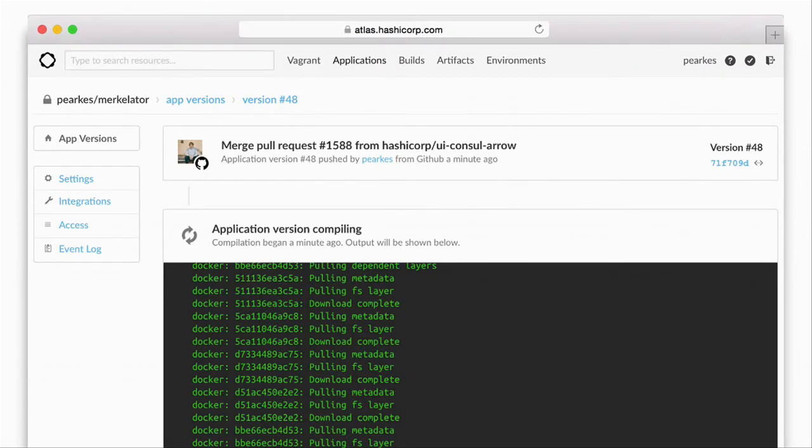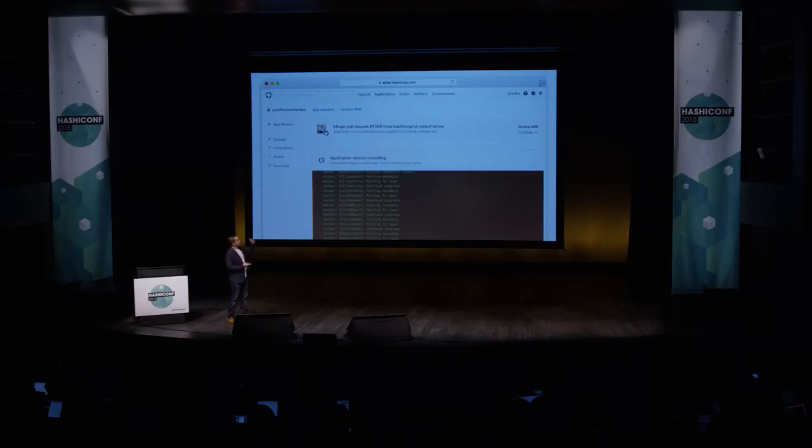Git receives the commit. We set up post-receive hooks into Atlas, and then Atlas is running Packer for us. So we're going from that Vagrant to Packer step right now. What Packer is doing here is compiling the app. And this is not building an AMI. This isn't that level of immutability. We're doing application level immutability right now. So this is actually building a Docker container, but it's using a build pack. We just use Heroku build packs to do all this using Packer. We'll blog about that another time, of how we use Packer with Heroku build packs to make application binaries, but that's the next step.